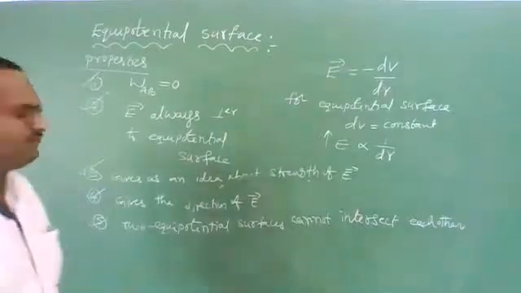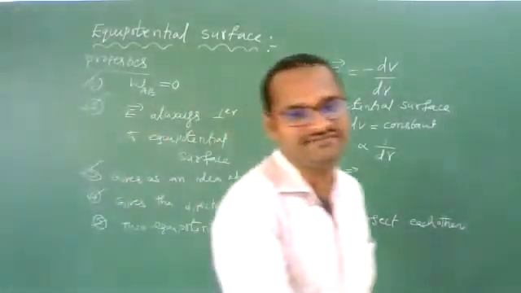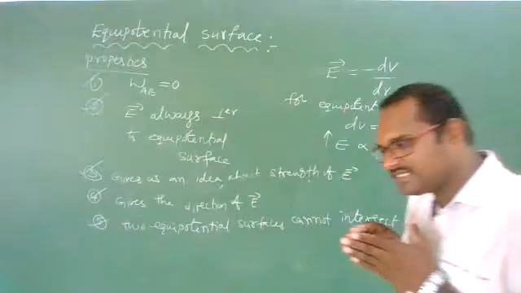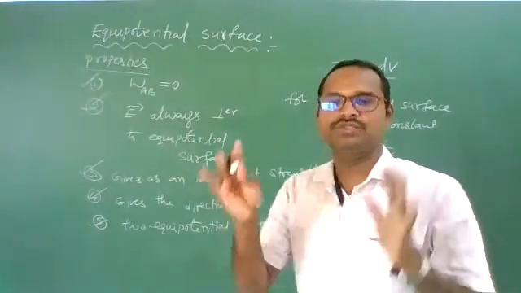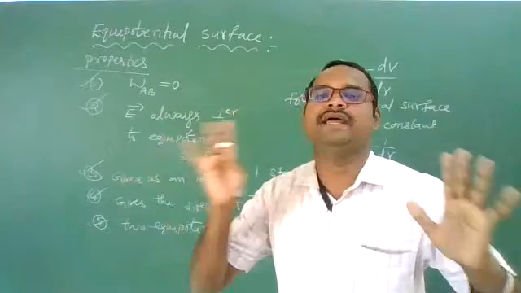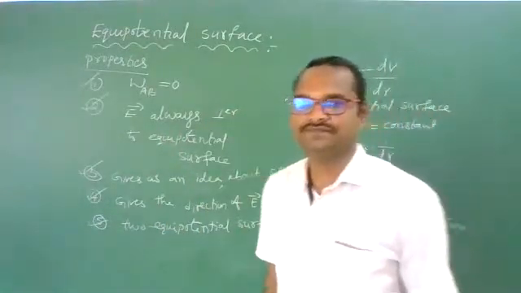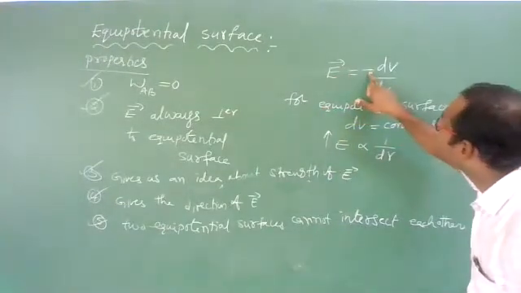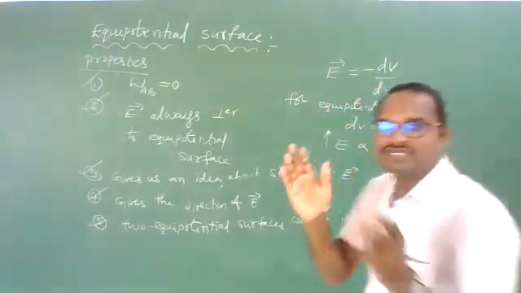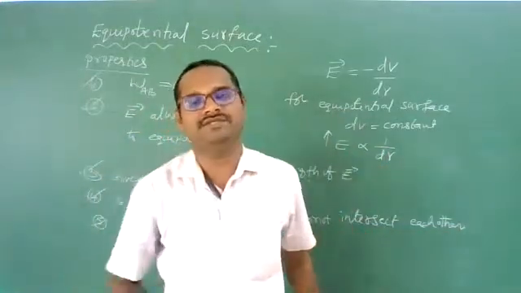Fourth one, one more time. The fourth one gives us the direction of the electric field. In which direction is the electric field pointing from those equipotential surfaces? Imagine we have 2, 3, 4, 5 equipotential surfaces. Now, how do we draw the electric field directions for that? The electric field always points in the direction of decrease of potential. In which direction is potential decreasing? In that direction, the electric field will be there.